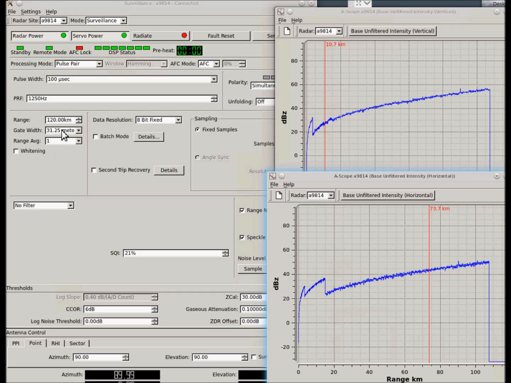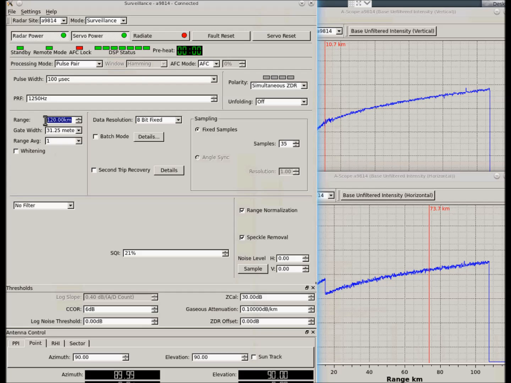It was probably, I think I finally ended up going up to 400 before we ever saw any thresholding taking place. So in this case, I'm going in here to set the range,